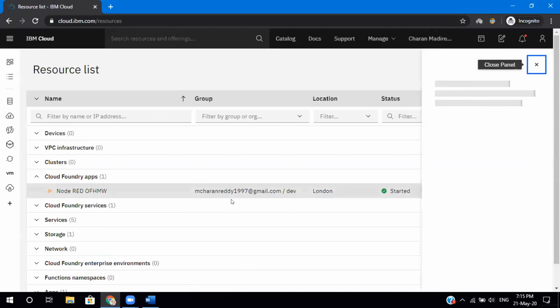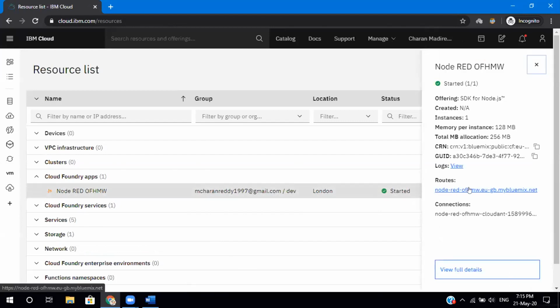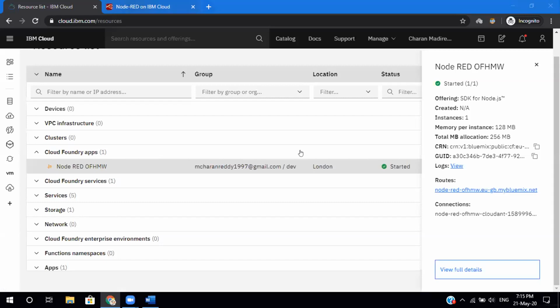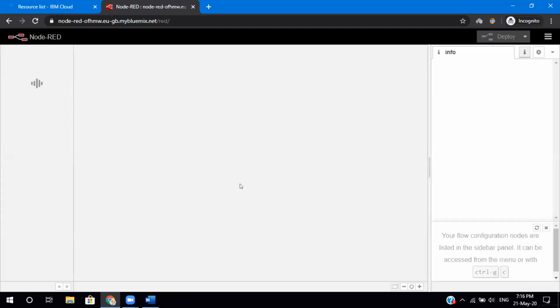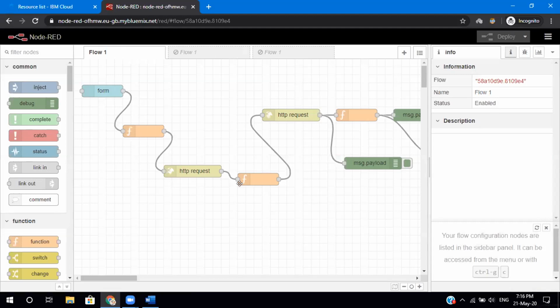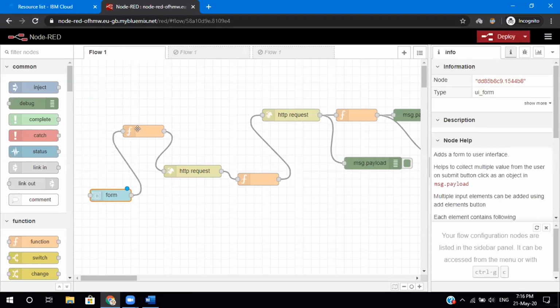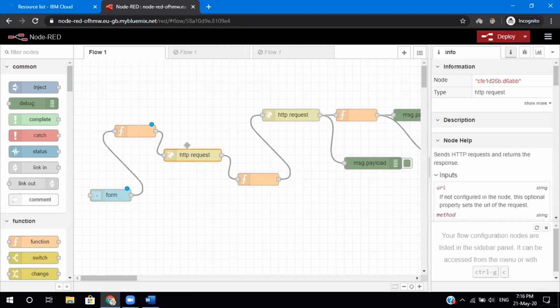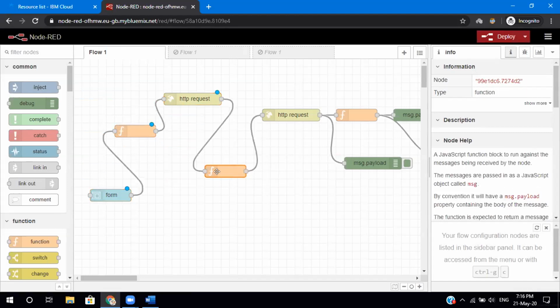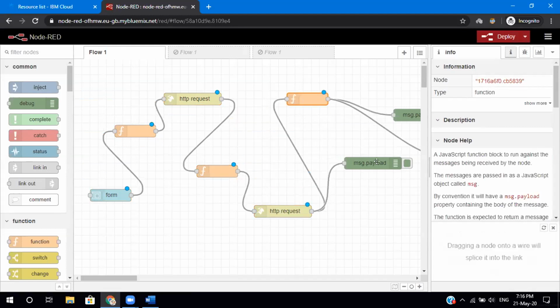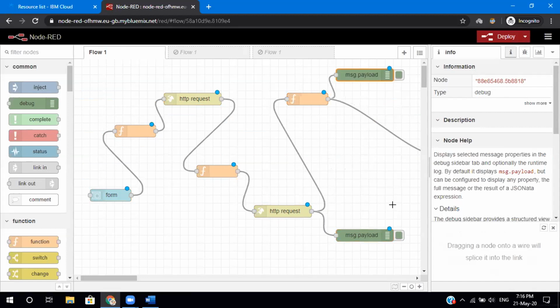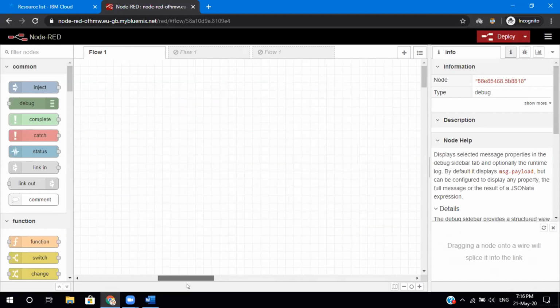I've shown you this is the easiest way to go to your Node-RED, right? You'll go to your Node-RED flow. If you have given a username and password, it will prompt it here. Okay, so this is somewhat a bigger type of flow than the AI one, right? So yeah, it's fine. I'll tell you what's going on here.